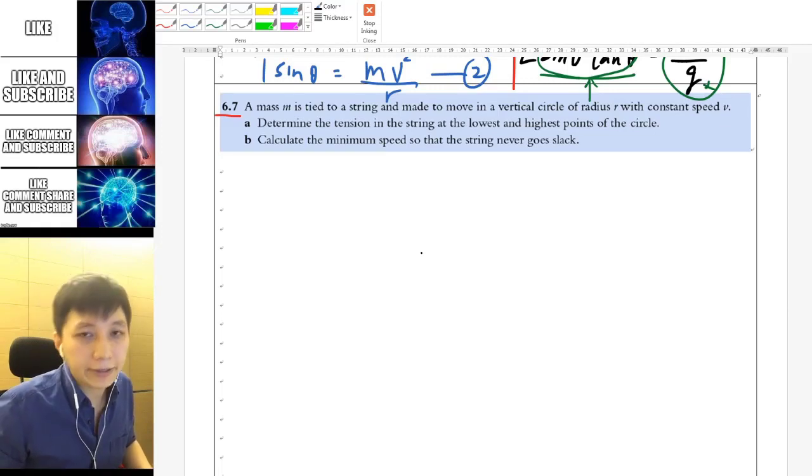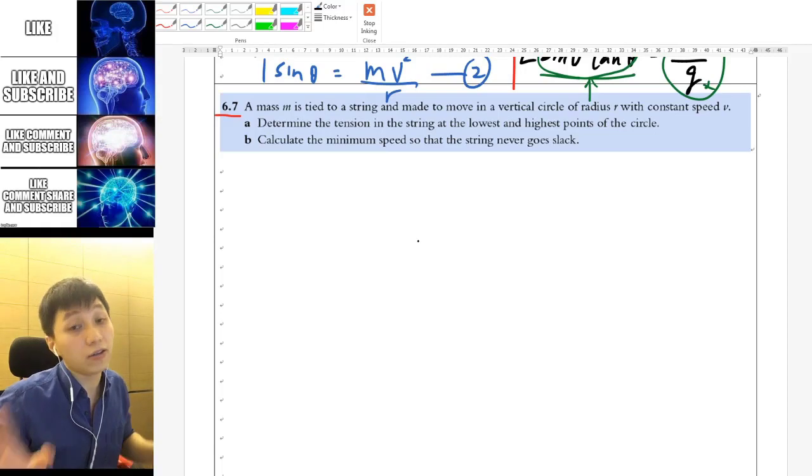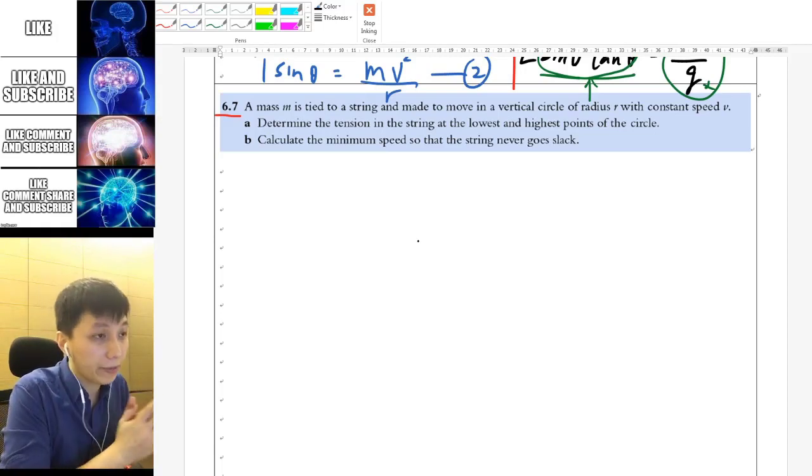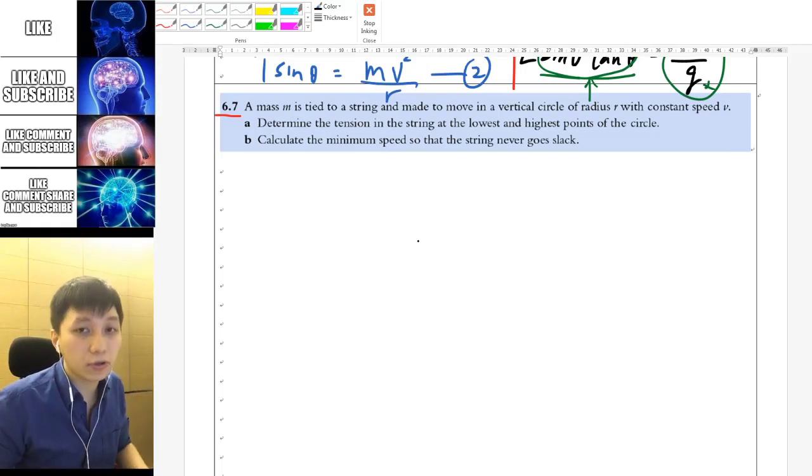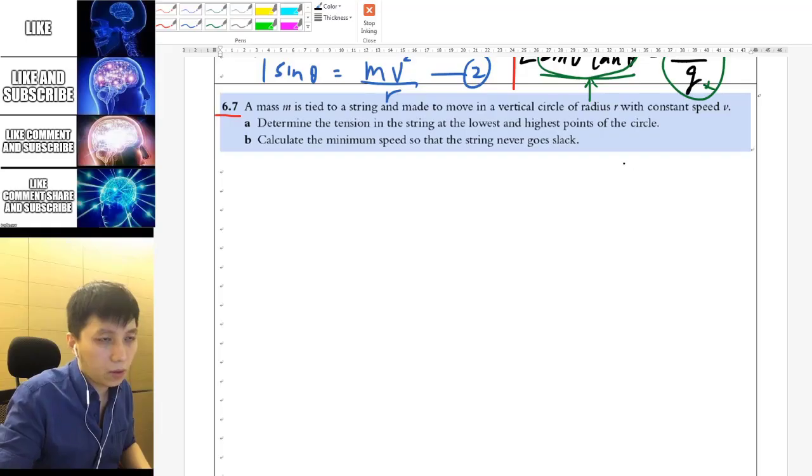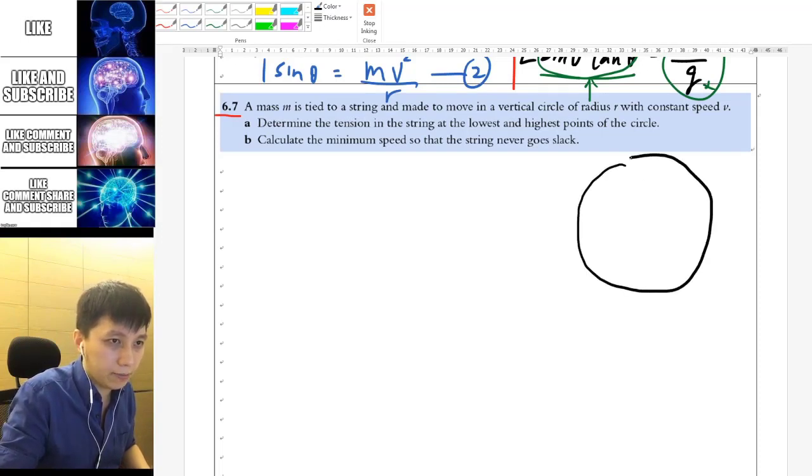Hi, let's do an example about vertical circular motion. Since you have done the looping the loop video earlier, you should be able to do this. So pause the video now, try it out, and I'll show you the answers later on. A few moments later. Alright,